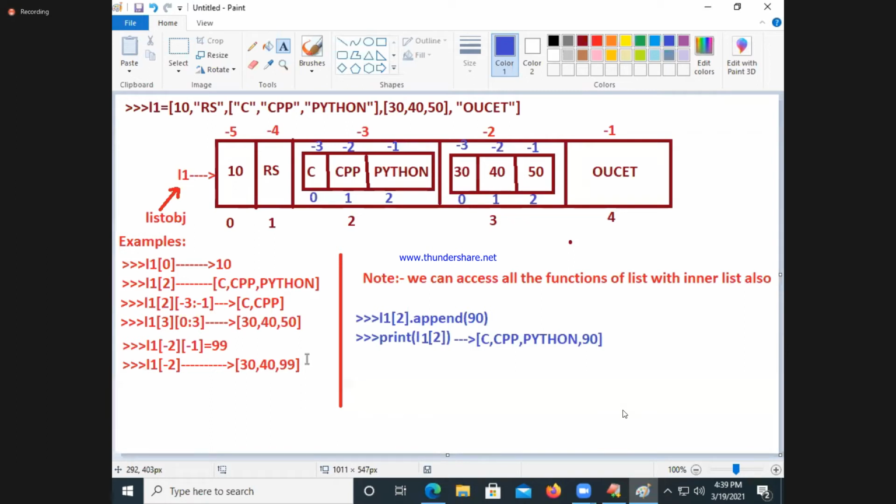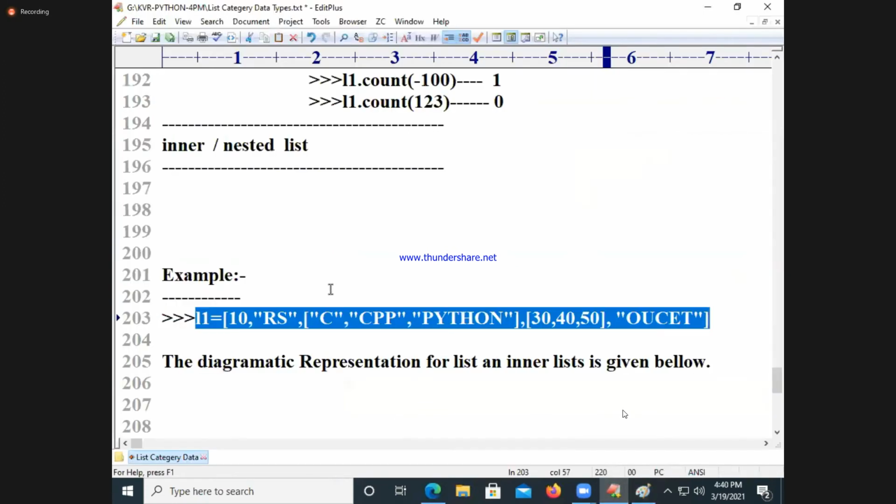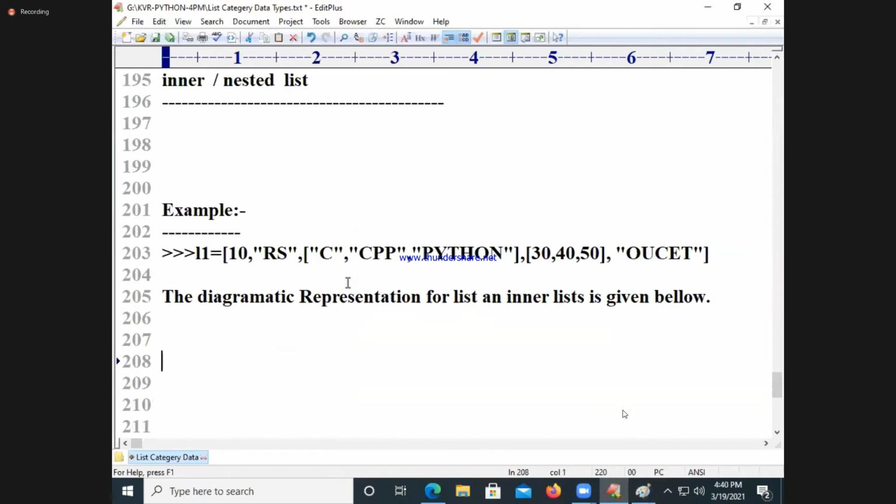Tuple will not take much time because it is exactly similar to what? List. The only difference is mutability and immutability. List is mutable. Tuple is immutable. Everything is the same. But as a teacher, I cannot give you a one line answer. For your notes' sake, for our interview point of view and for the correct subject point of view, I would like to go for tuple with a different explanation.